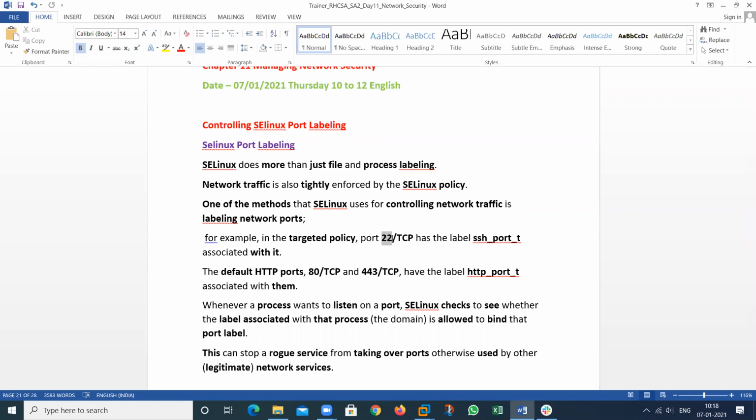But in my case, I want to change this to, sorry, 2222. And I want to allow it for the SSH service because SELinux by default disables this. Then what will I do? We should change the port labeling for that specific port that you have changed. This is the concept that will be discussed in this chapter.